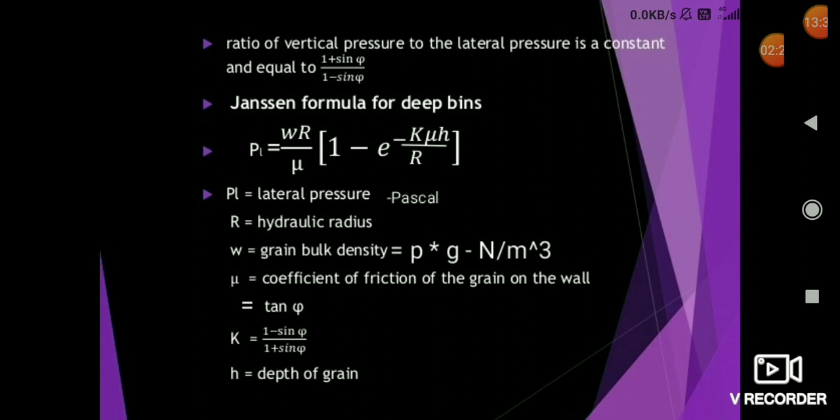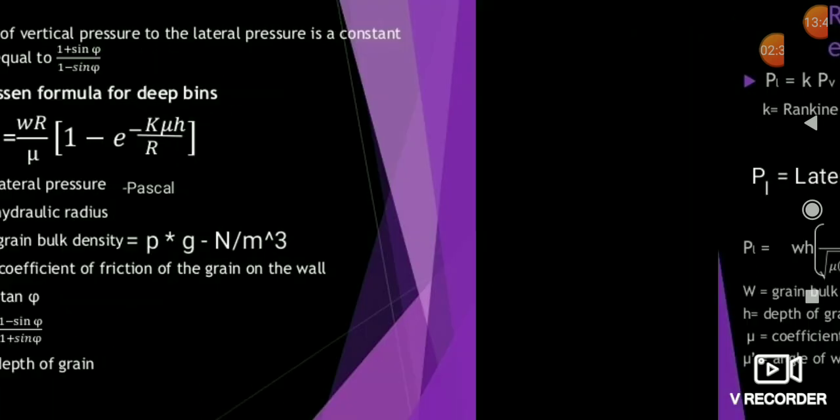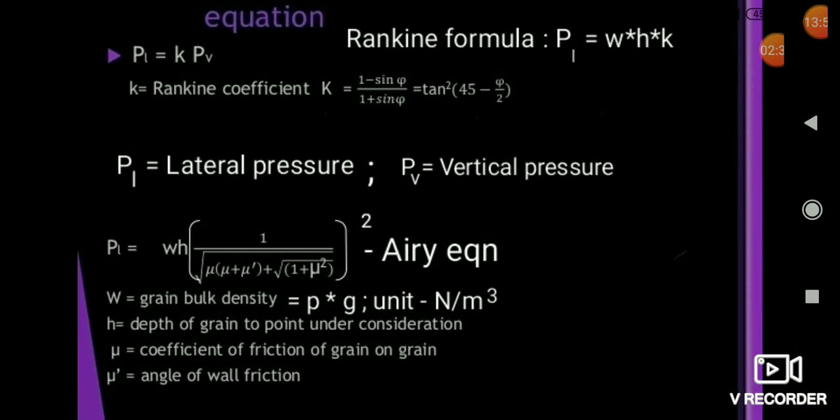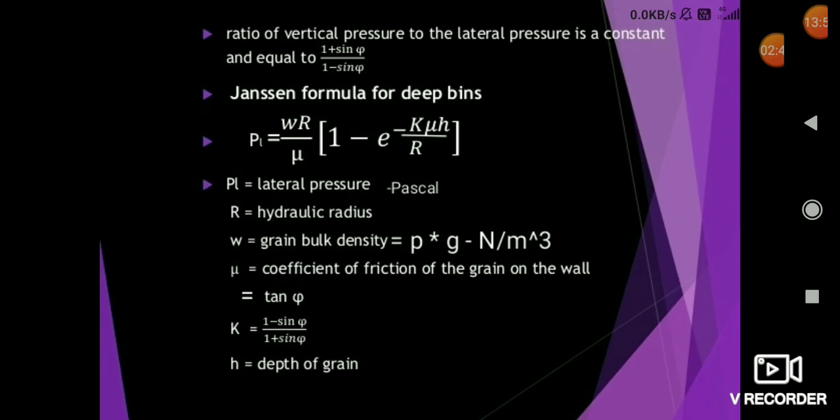Friends, the first thing you should see here is that the mu value given here is the coefficient of friction between grain and wall. Here I have noted the coefficient of friction between grain and wall by mu dash, but here the same I have noted with mu. You remember this difference, because many times we are confused about which mu value I should take, whether it will be between the grains and walls or between the grains and grains. So you don't be confused, you clearly understand.